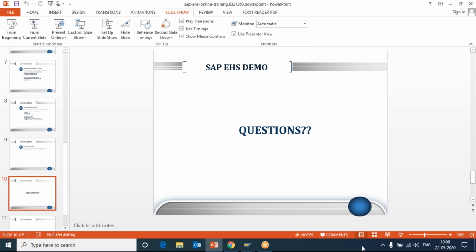Any company that is implementing SAP EHS will ask the IT company that is implementing the project to train their end users. So the IT company's consultants will come and train the end users of ONGC. If you learn this course, it will not be of much help to you as an end user.